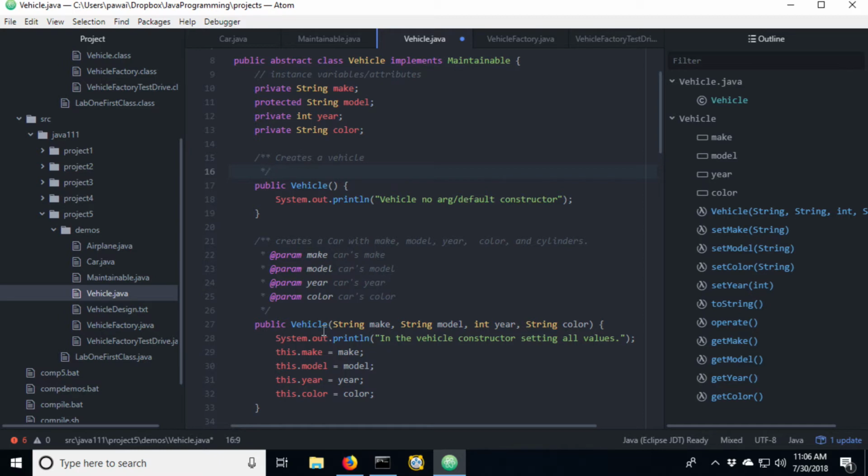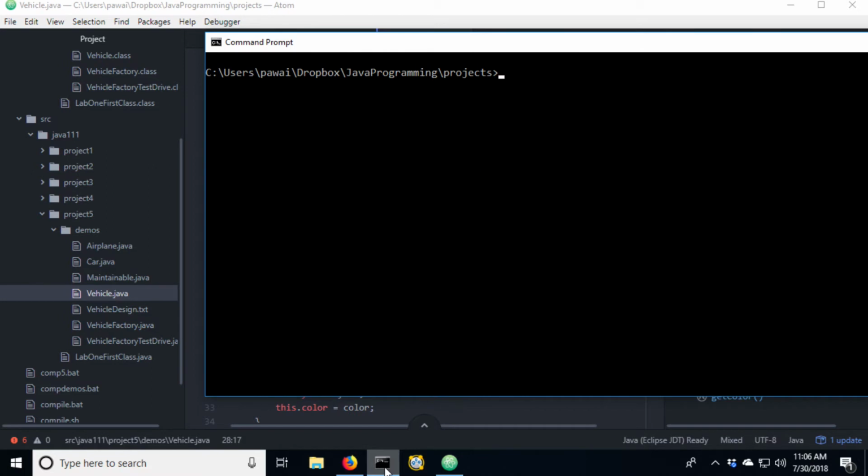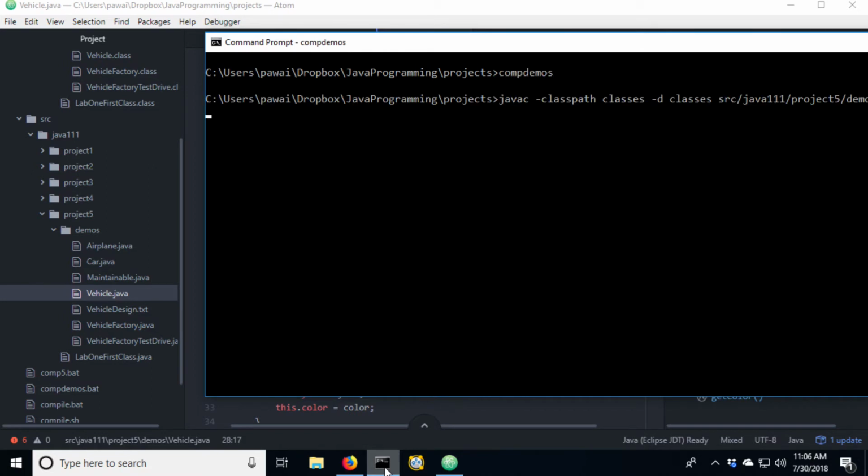All right, and then remember that it's a best practice to call that no argument constructor from any of your other constructors, just in case we're doing something important here. We don't want to duplicate that code, and we also don't want to miss out on running that. So call the no argument constructor for the class that we're in. All right, so we should see now that the airplane compile message goes away. So let's clear this up and recompile.